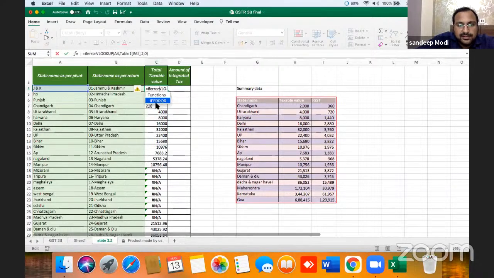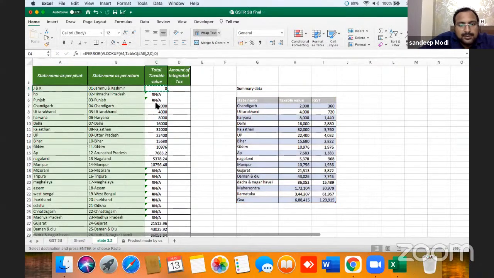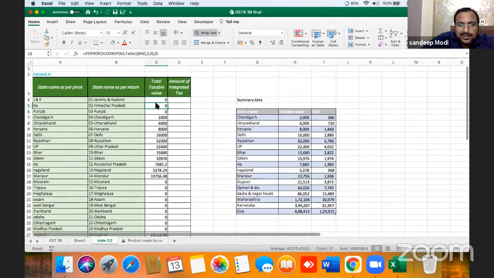If error, zero, enter. Now I'm just copy pasting the formula and we got all the answers. Now similarly, let's find for IGST if error,